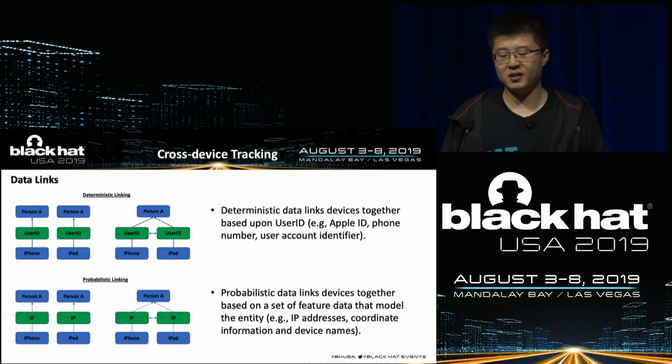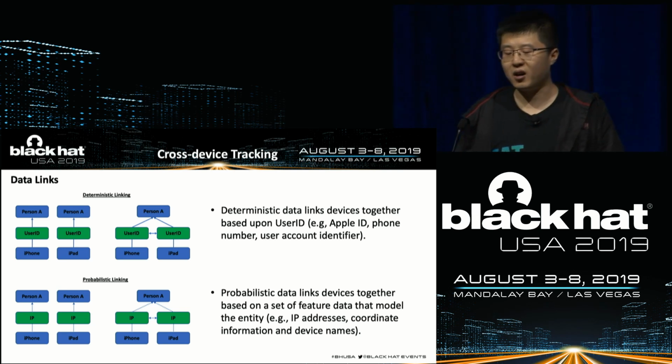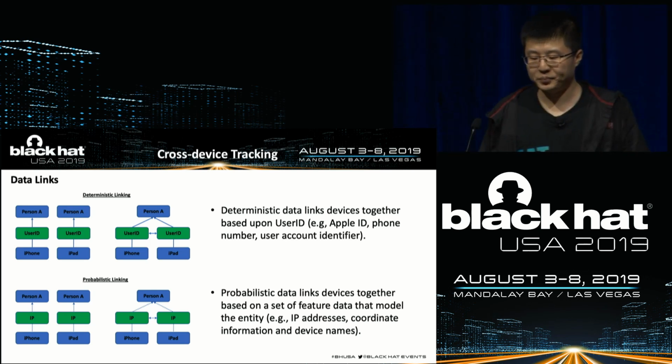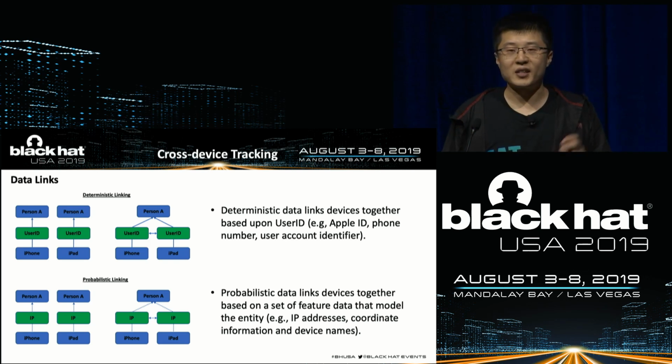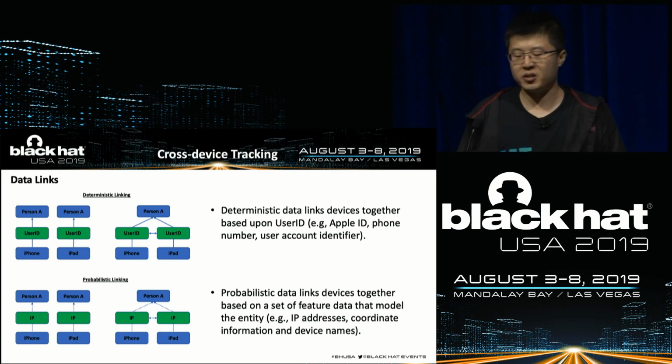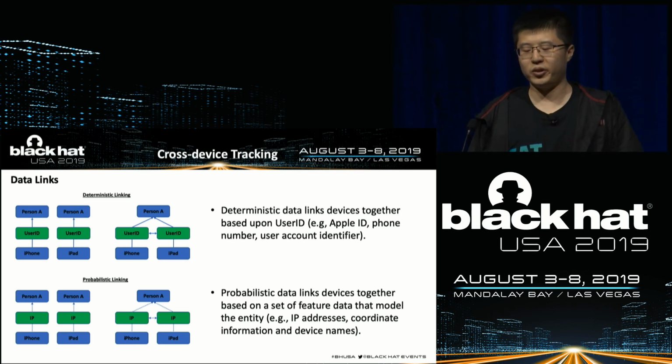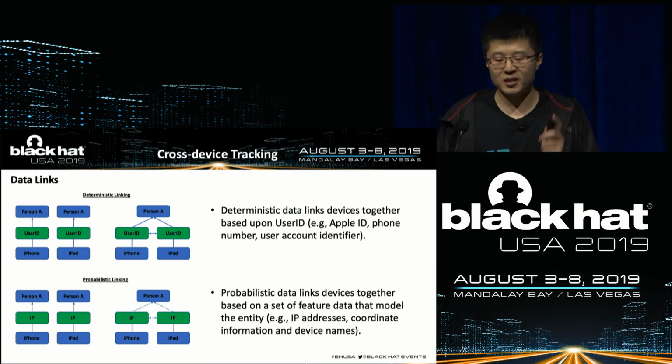Deterministic data links devices together based upon user IDs, for example, Apple ID, phone number, and user account identifier. A user ID can be used to correlate devices without any advanced algorithm calculation. But Apple can easily mitigate them as well. Sometimes we may not be able to get deterministic